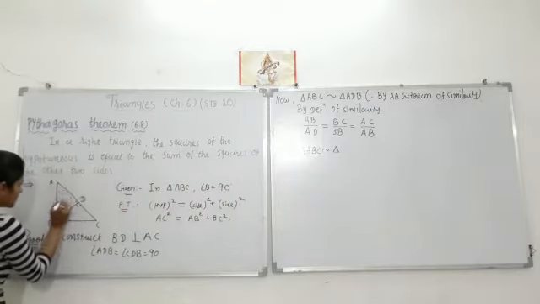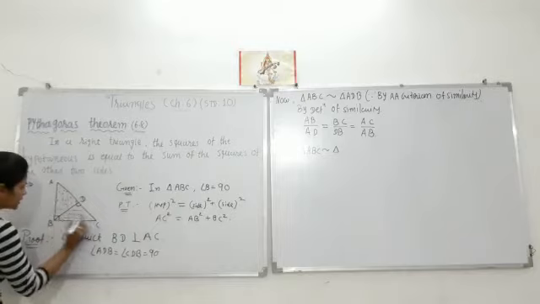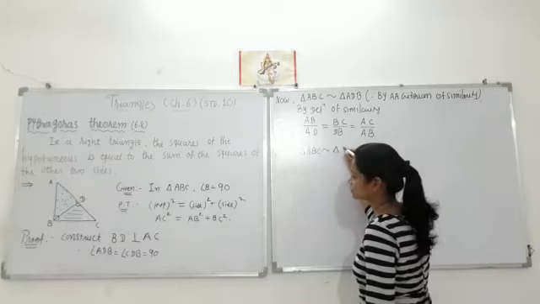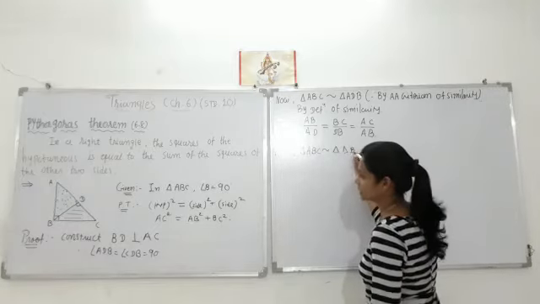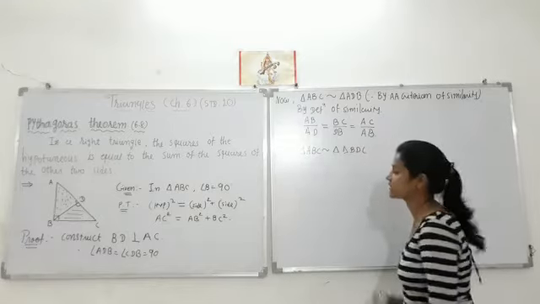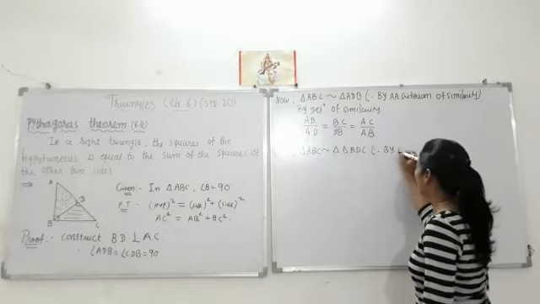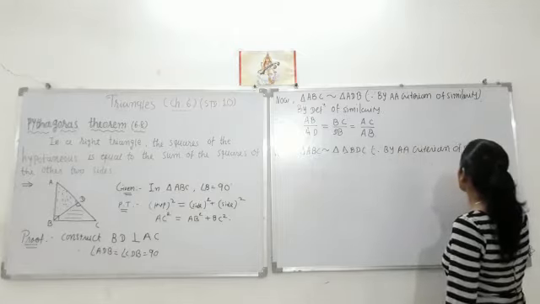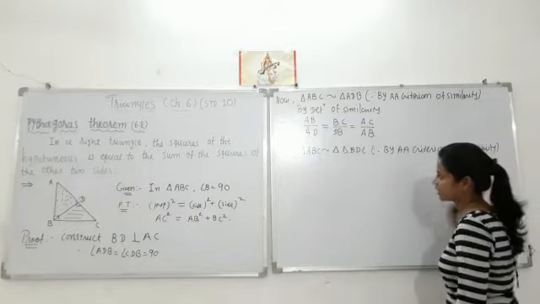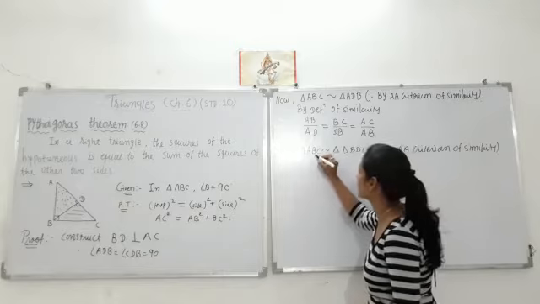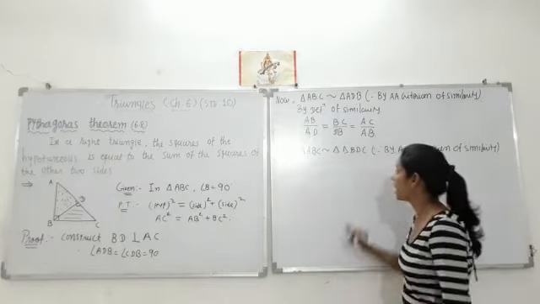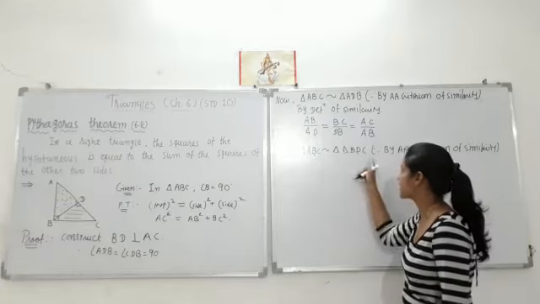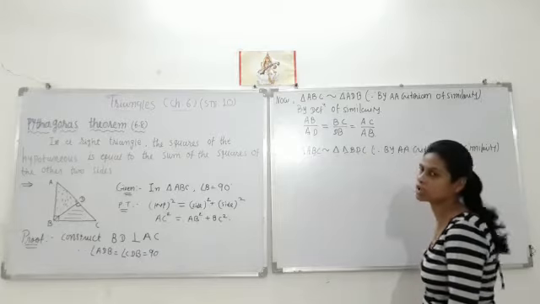After this, first we considered this triangle similar to ABC. Now consider this triangle. So triangle ABC is similar to triangle BDC. Same reason, by AA criterion of similarity. Why? Because in this triangle ABC angle B is 90 degrees and in this triangle BDC angle D is 90 degrees, that's why these two are same. And C is a common angle in both triangles, that's why this is also same.